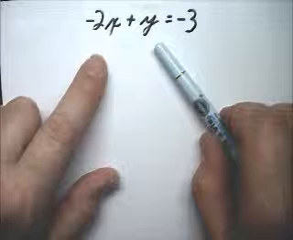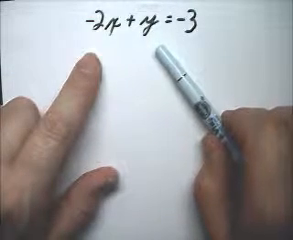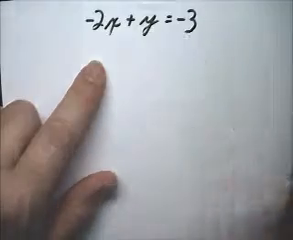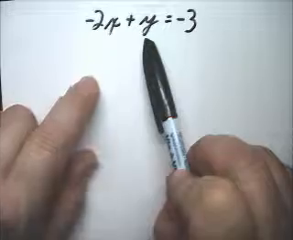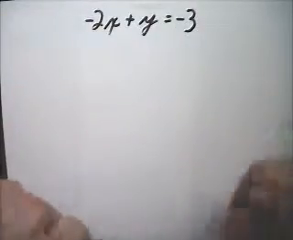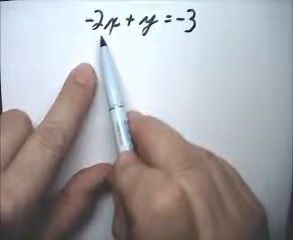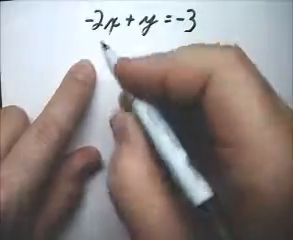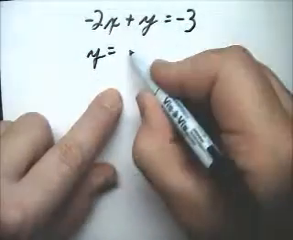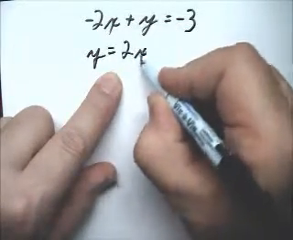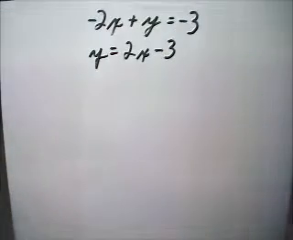This technique we're going to use is making a table of values, and it's going to incorporate everything that we've done so far. The first thing I'm going to do is get this solved for y, so it looks like a regular function. And I'll do that by adding 2x to both sides, and I end up with y is equal to 2x minus 3. This makes it easy to substitute,